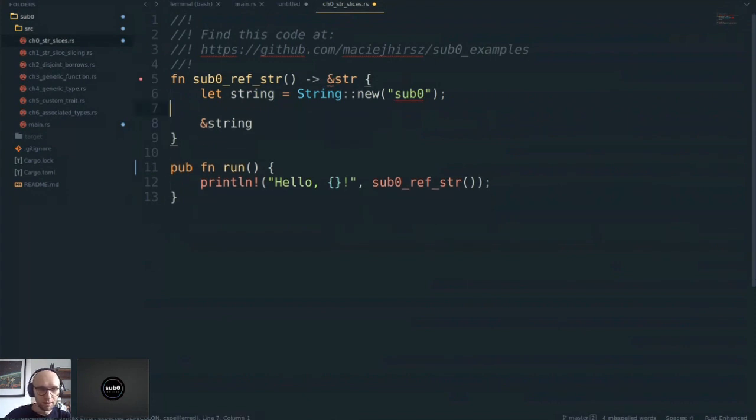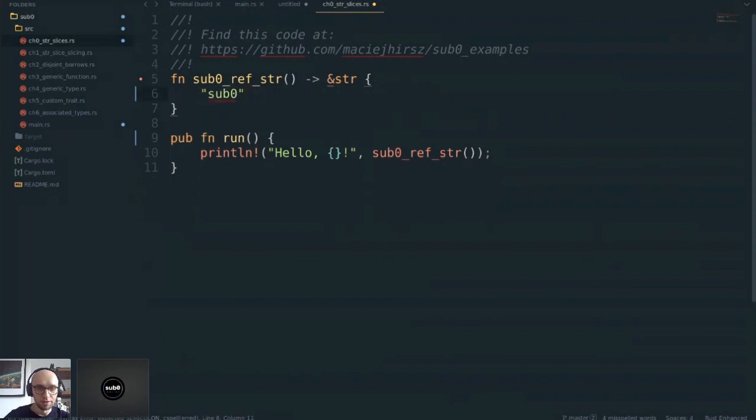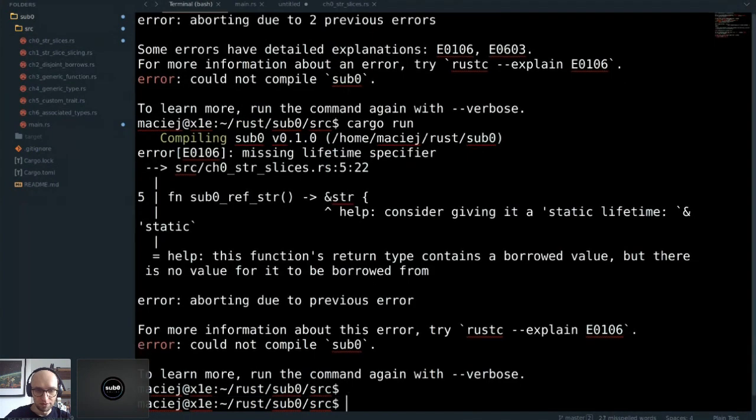So it's not possible for me to safely borrow the string that is being destroyed at the end of this function into the return value. It is, however, possible for me to return a StringSlice, and the absolutely easiest thing to do is to just return the StringSlice itself. And I still have one error here. This is not very helpful, but I think if we run it here,